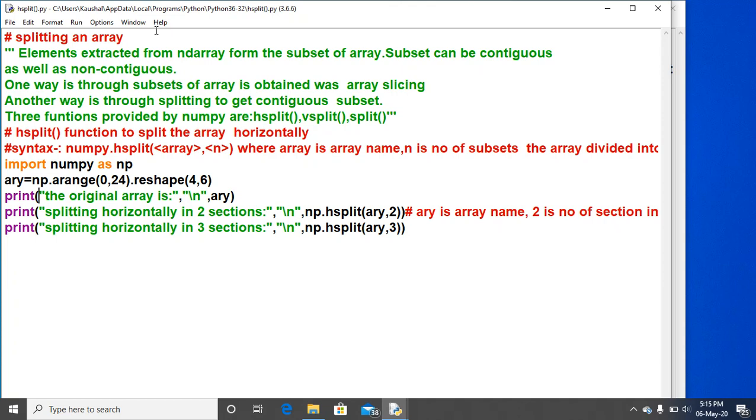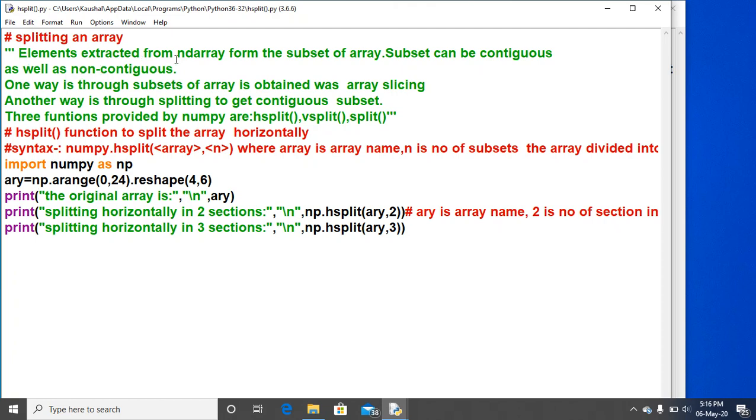If four rows are there in the array and we divide it equally, then we will be using the function hsplit or vsplit or simply the split function. First of all, what splitting means is written over here in the multi-line comment.